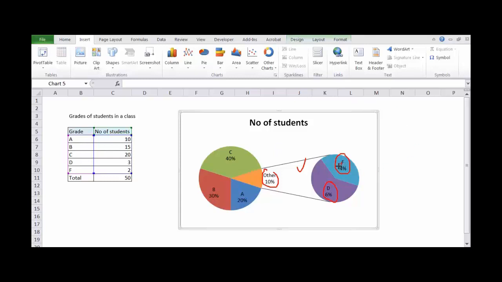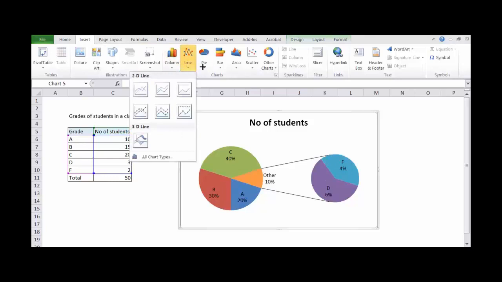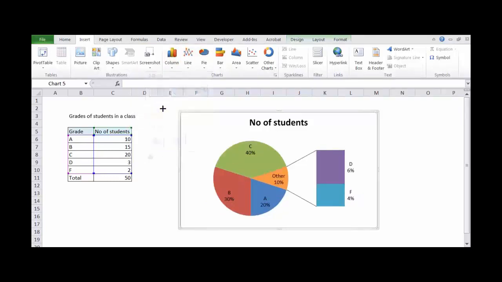Instead of this graph, you can also show a table. As an example like this, instead of 10%, you can put a column over here. So either way you can use it, right? So there are various flavors of the pie chart.